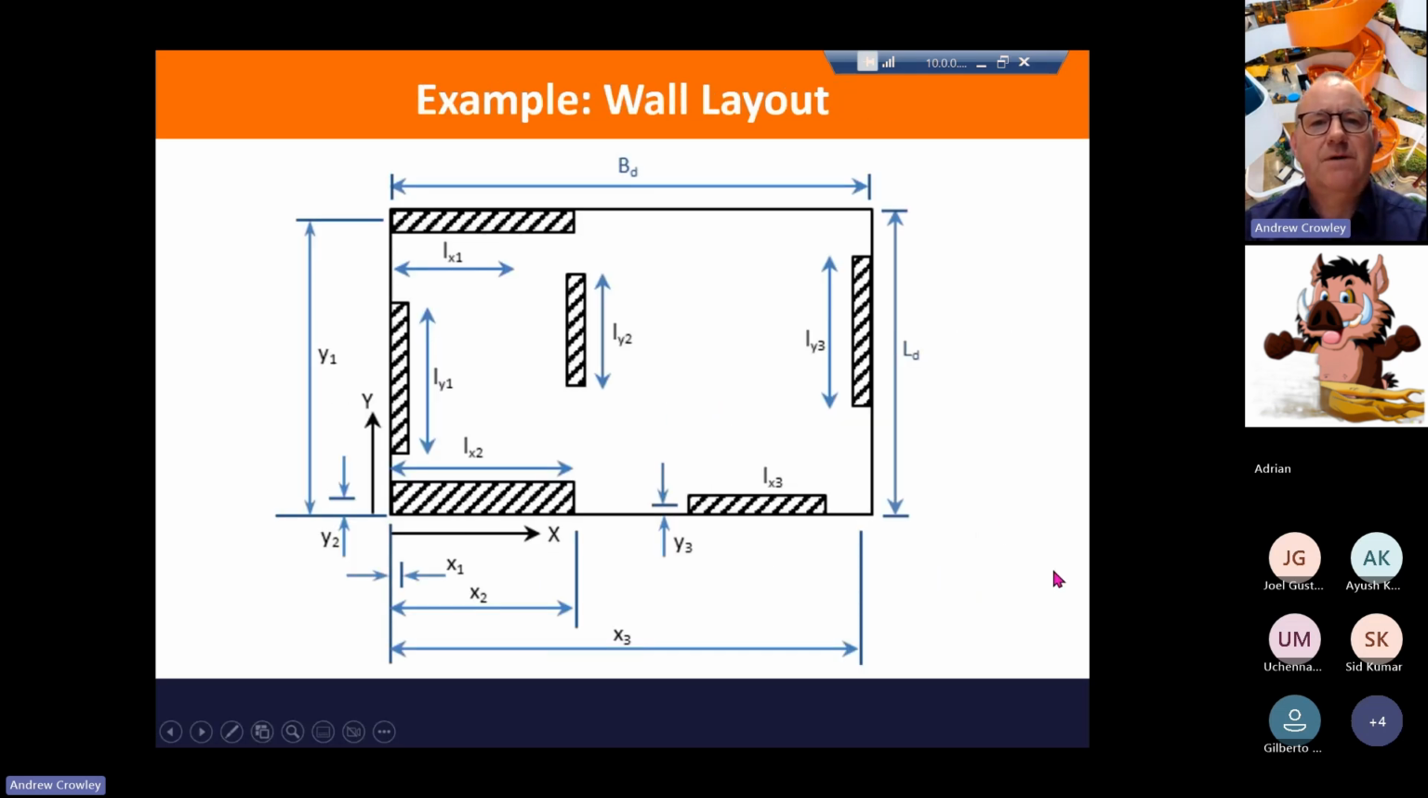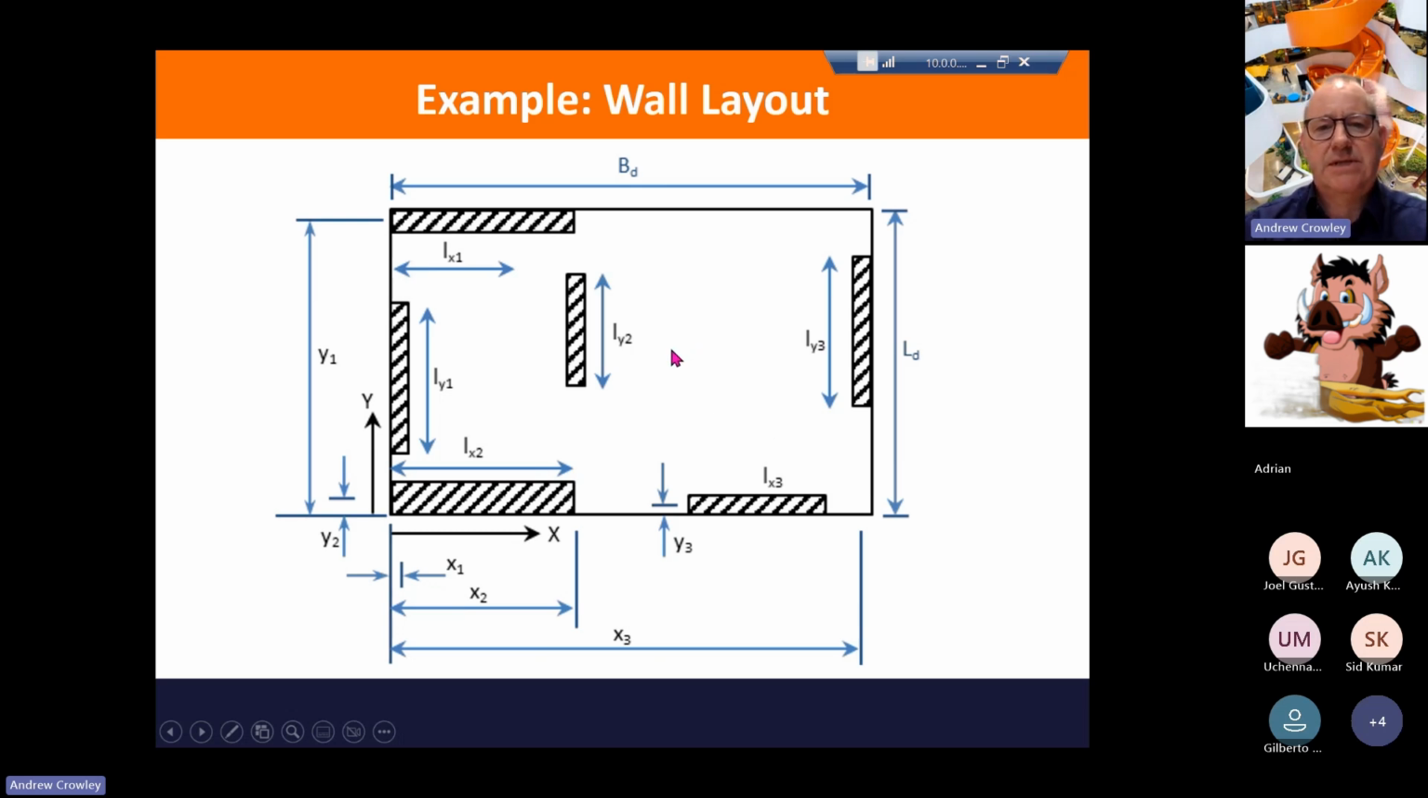Here is an example for a wall layout. So we have X in this direction and Y going up the page. So our length in the X direction is going to be BD, and our length in the Y direction is going to be LD, and we'll use those figures in the calculations to come. So we have a number of walls in the X direction, and we have a number of walls in the Y direction, and immediately you can tell that this is not going to be a